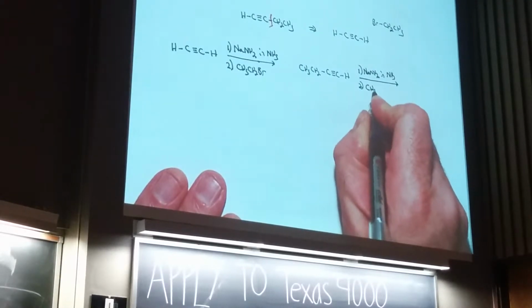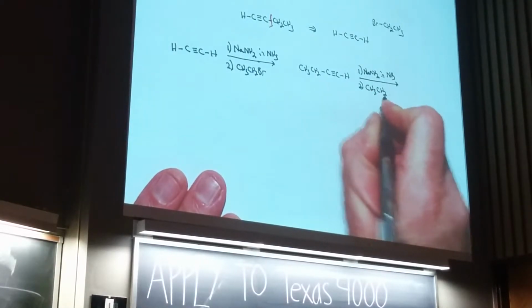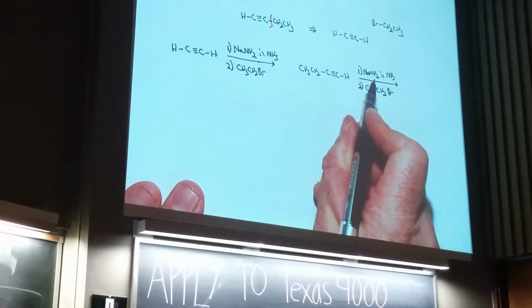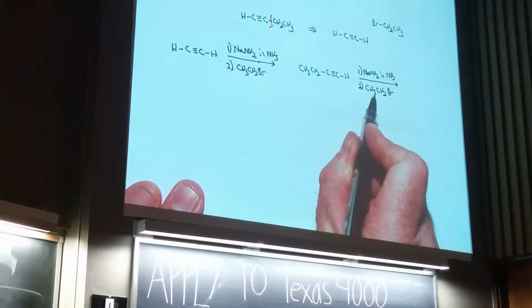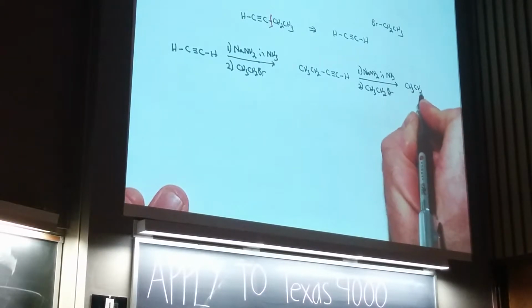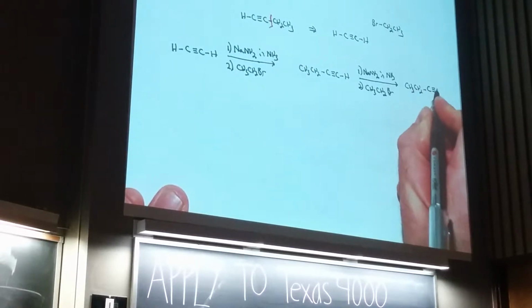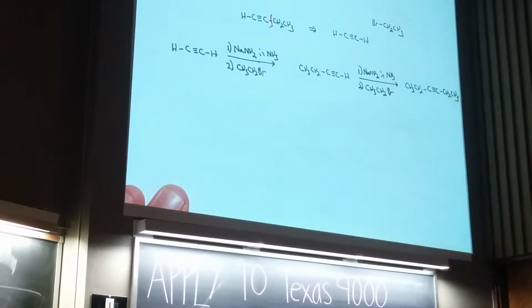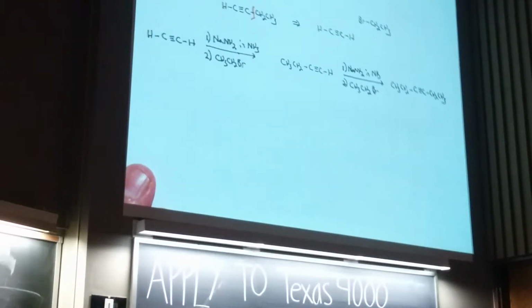So you make the first from acetylene, then you still have a proton that can be removed by this very strong base. Deprotonate, dump in more ethyl bromide. That gives us an internal alkyne,